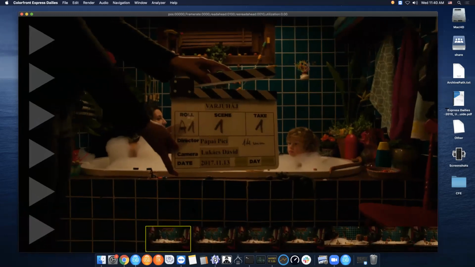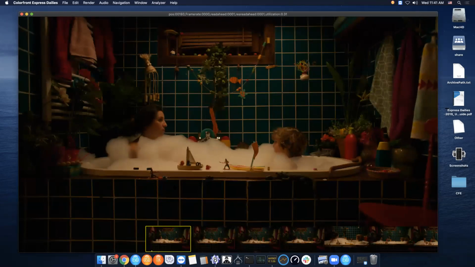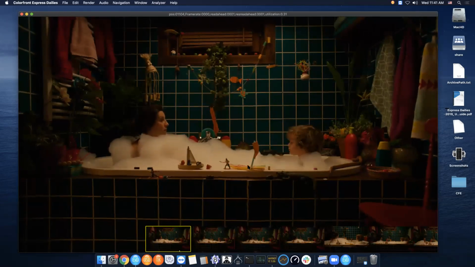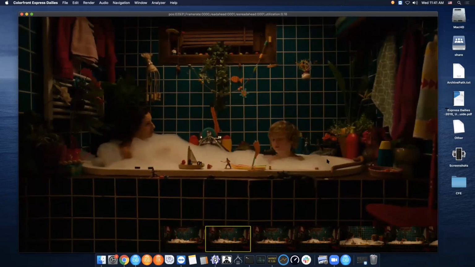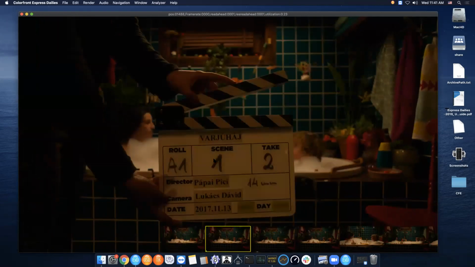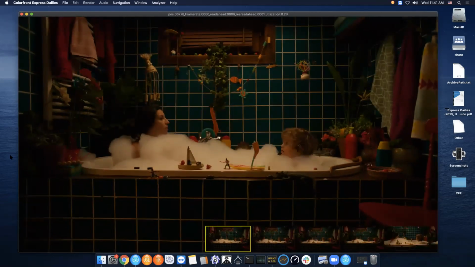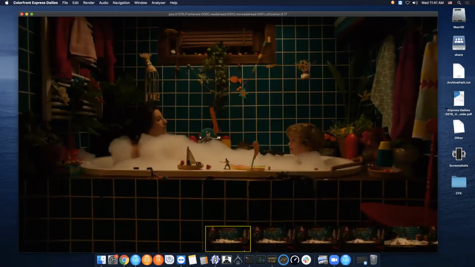How do I get around? So in this first thumbnail here, this is the clip I'm on when it has this yellow border around it, I can left mouse drag, and you see this little playhead, which represents the relative position of the playhead within that clip. And I can just left mouse drag to shuttle back and forth. And this is one of the easiest ways to get around. And so spacebar plays, spacebar stops, and